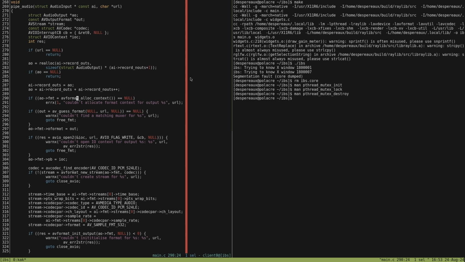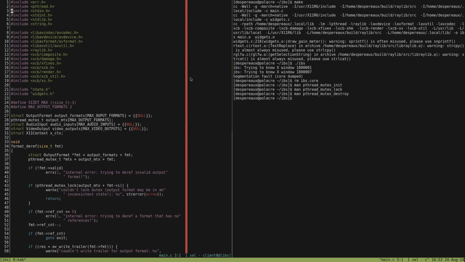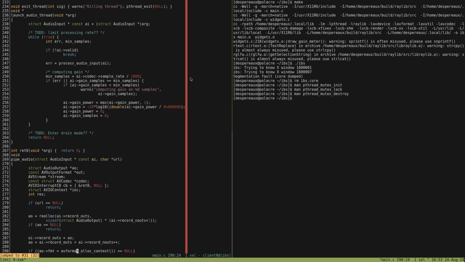We need a way to... We probably need a hash map, mapping file paths to... actually, probably mapping file paths to output formats, or pairs of output formats and the mutex for the output format. So we probably need a hash map here.